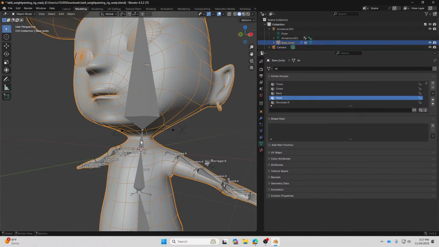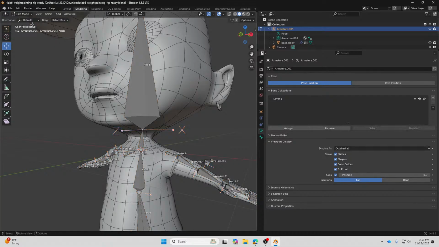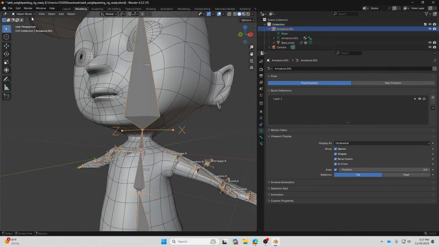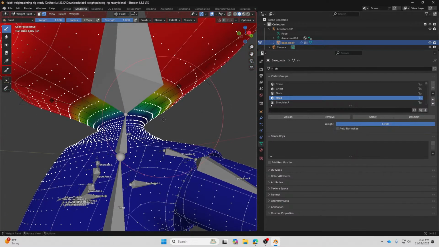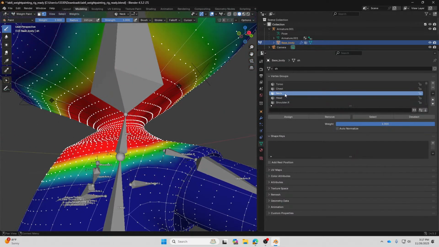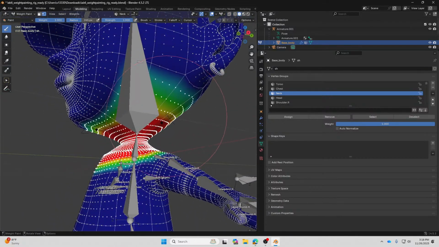Now you understand the relationships between the colors and the bones over here. I'm going to explain a little bit about the transition between bones. Now, on the neck over here, edit mode, weight paint mode, I'm going to paint.